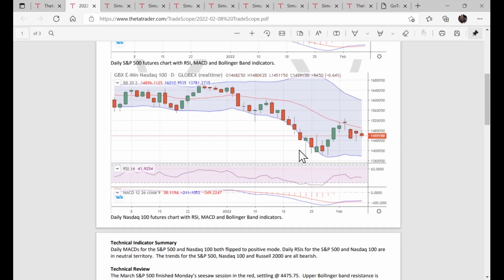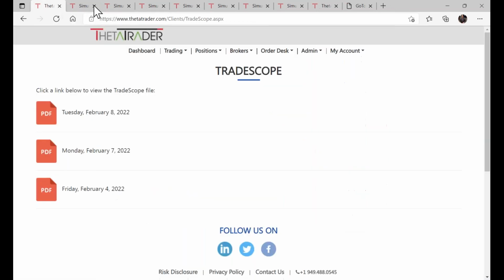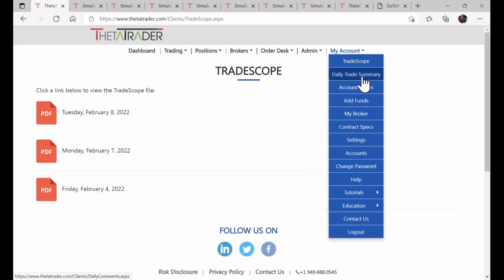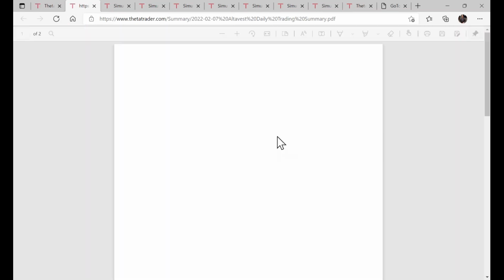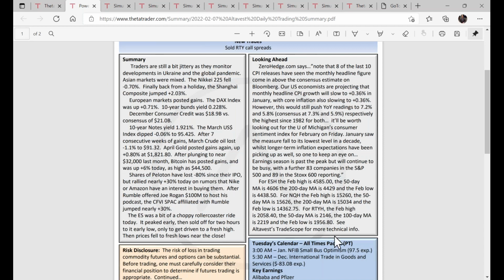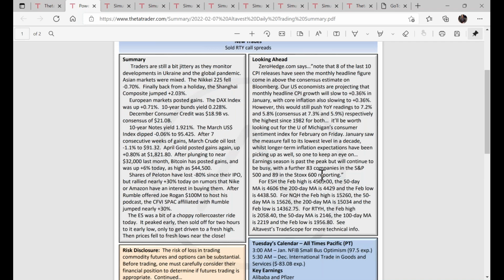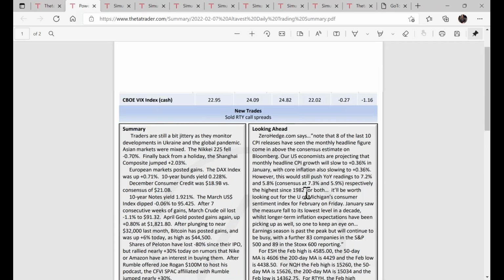So this looks at, what did I just do there? Sorry, folks, I went back to TradeScope. There it is. So this looks at what happened in Asia, in Europe, and the US. Have an economic calendar, what to look for, some support resistance zones, looking ahead here, current quotes, and here we